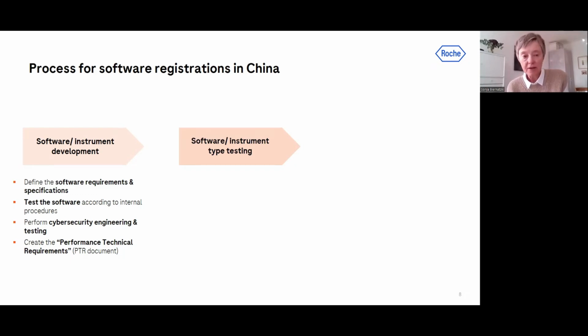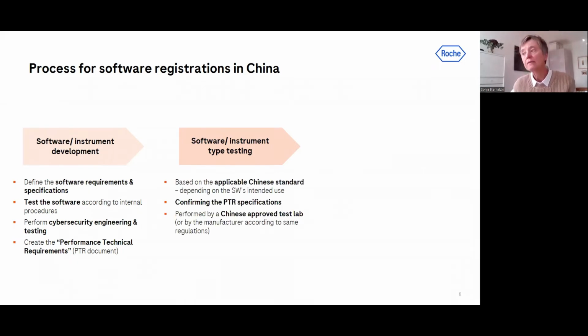So this is a very important document because later on, this document will be part of your submission, and then it will be reviewed by the reviewer. So that means this document is based on the applicable standards. And as I said before, there are different standards for analyzers, also depending on the software's or the analyzer's intended use. They will confirm the PTR specifications, and